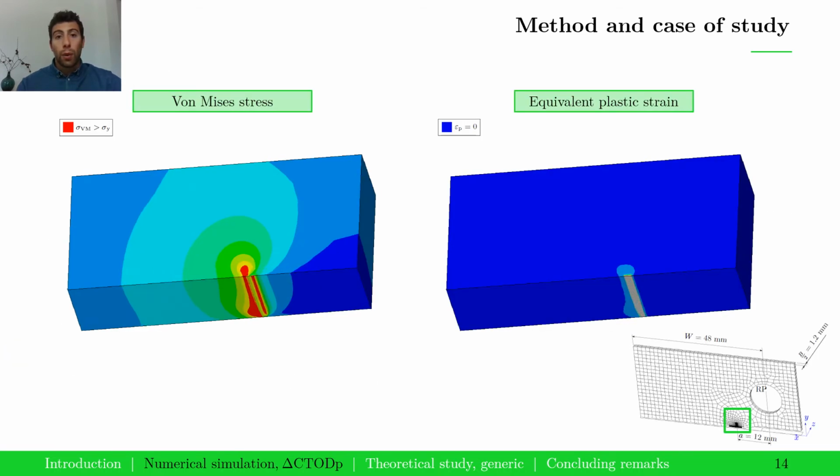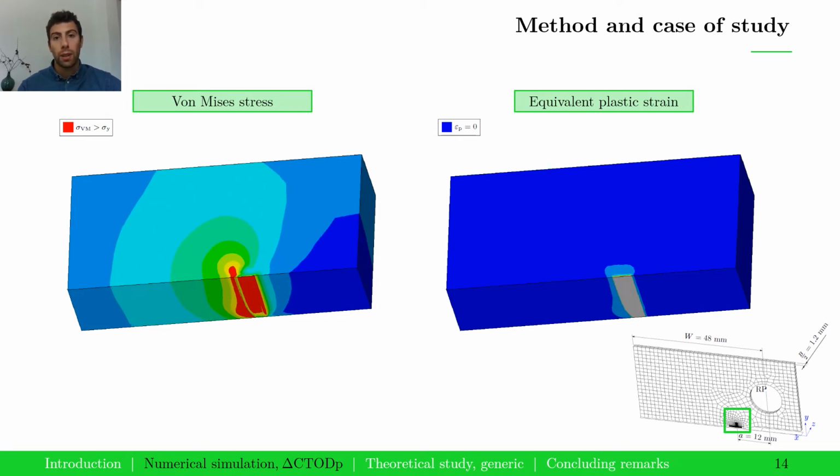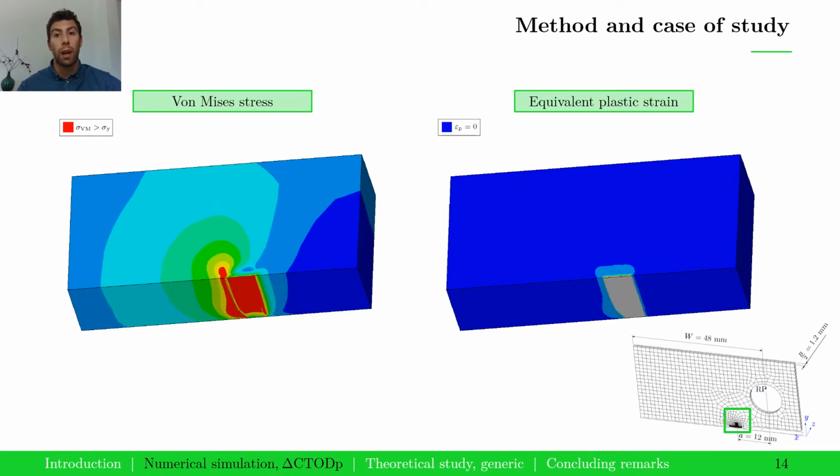So, focusing on the local region around the crack front and considering von Mises stresses and equivalent plastic strains, we see that using the proposed methodology, we are able to evolve the shape of the crack thanks to the remeshing, while keeping the load history thanks to the mapping. And all this allows generating the plastic wake behind the shape-changing crack front, as shown in the videos.